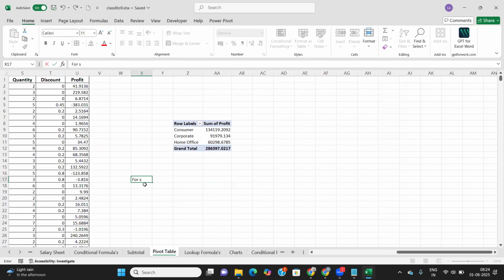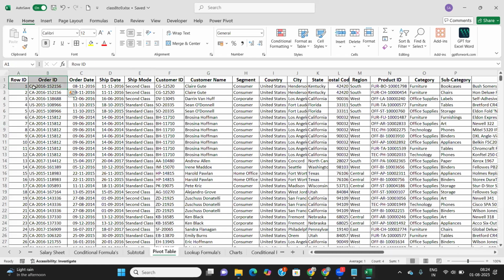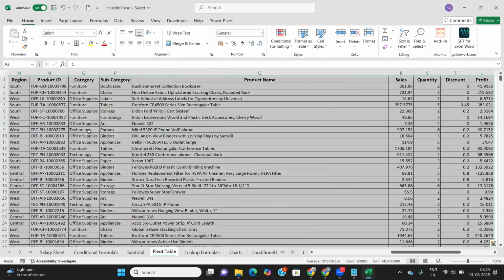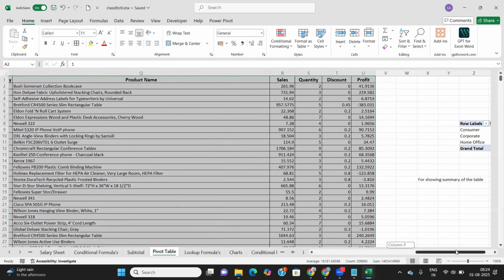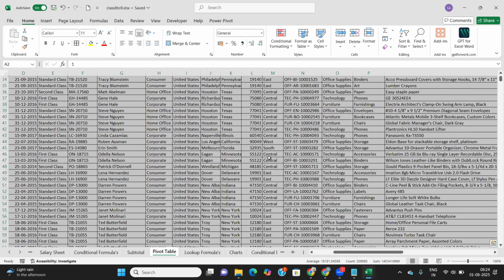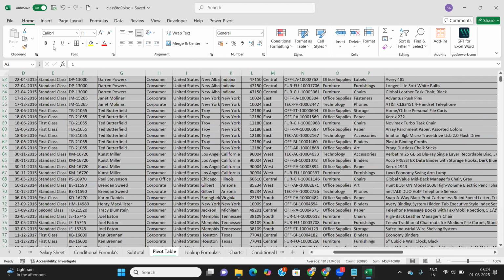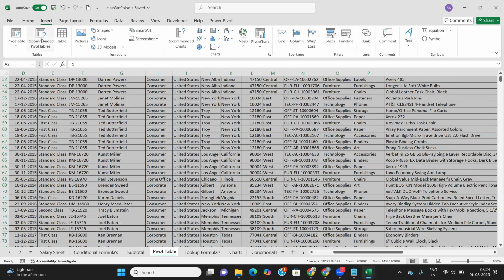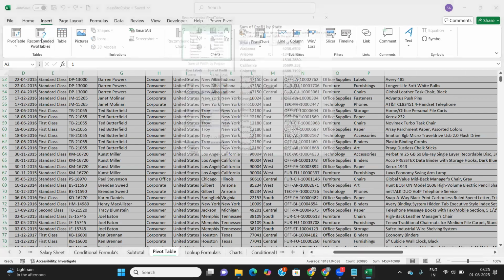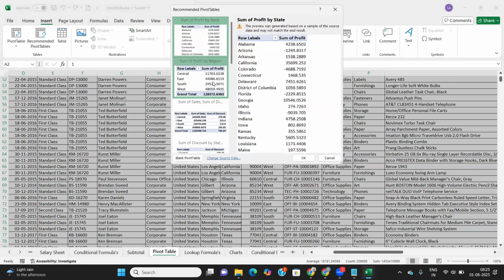For showing a summary of the table, in this part, select all. Okay, and then come to the insert panel. Here, if you look at the recommended pivot table option, then some pivot tables